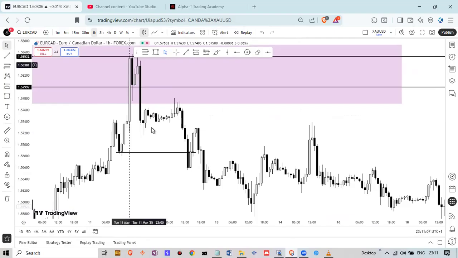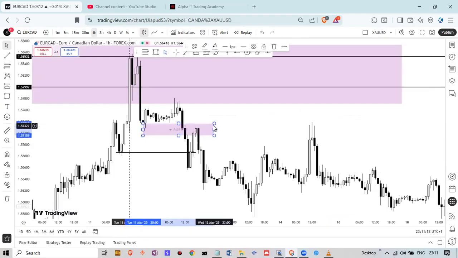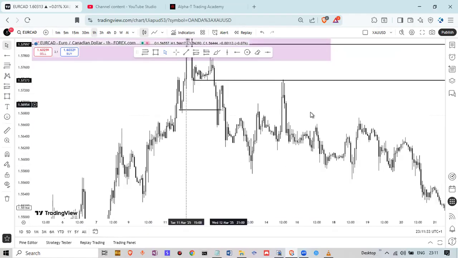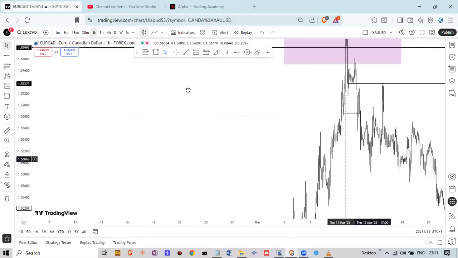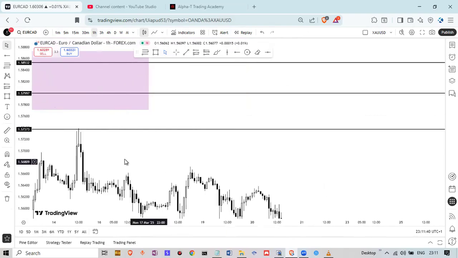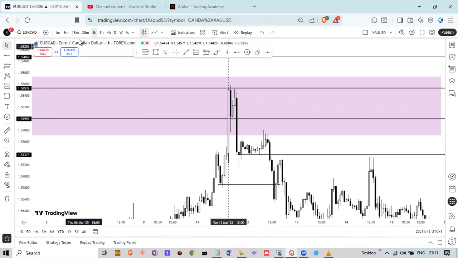Let's check it. So basically, you can see what price did. But personally, myself, I would be targeting this key level there. And you can see how that price came back, tapped into it, and flew downwards. Can you see? So what if I wanted to go down to my 15-minute time frame to see